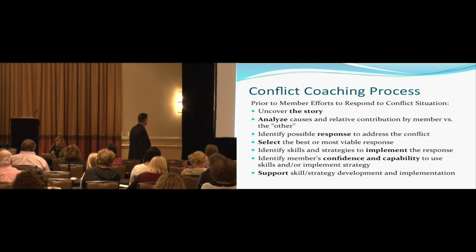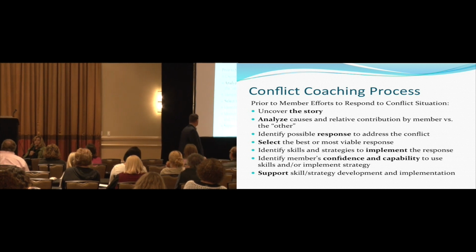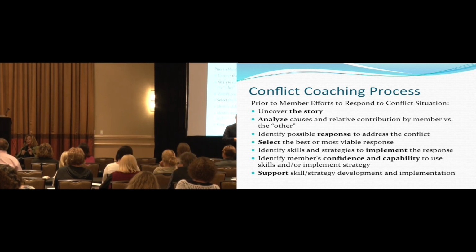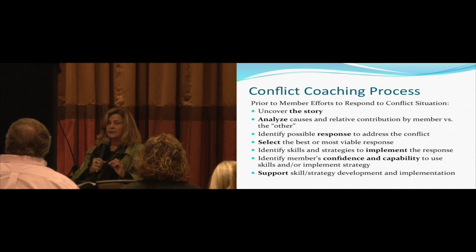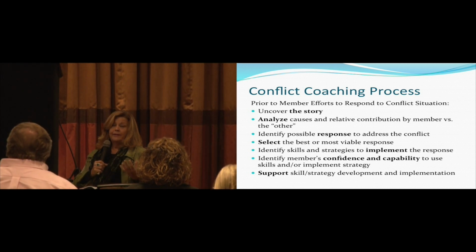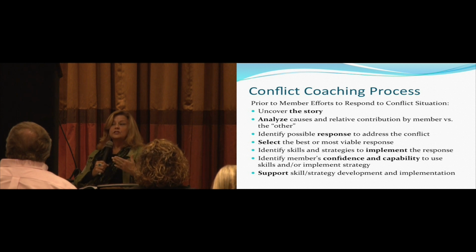And one of the things that we do in situations like that too, when you're starting to identify the conflict, it's really important to always ask, what have you already tried? Because that tells you a lot. Maybe they haven't tried anything. Maybe they're just so upset, they're up to here. It's number 13, they're going to choke the guy or the female. But ask, what have you already tried? And then you have a baseline to start with. Well, those things haven't worked. What are some other options? Excellent point.